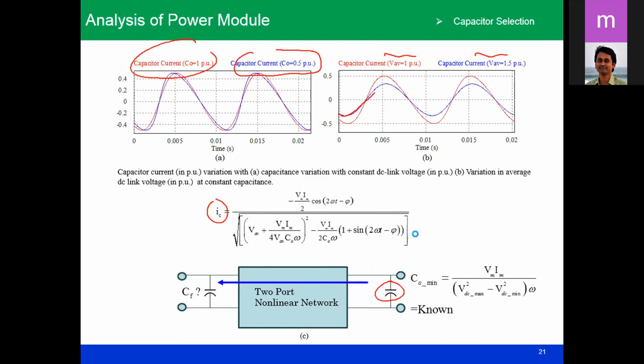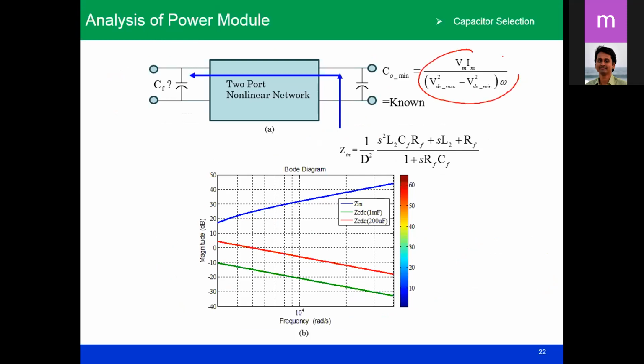And next, the capacitor value you are going to select here, you keep it fixed, and then you just transfer it, looking at the output side, to find what the input side impedance should be, and then you can find the capacitor value using the two-port network transformation theorem. So this ZIN, the input impedance looking from this network, is this one. This is squared. And you just do one thing. For a CF value, you put this impedance plot. This is your ZIN, and for different output capacitor ZDC C0, you can see for a different capacitor value here. If you increase it, let us say 200 microfarad. If you reduce it, then it is for 1 milli.